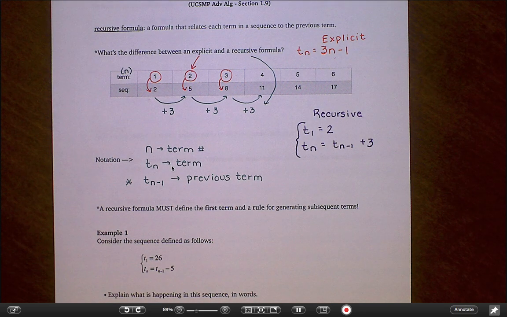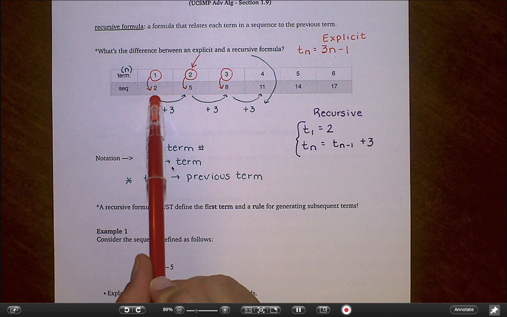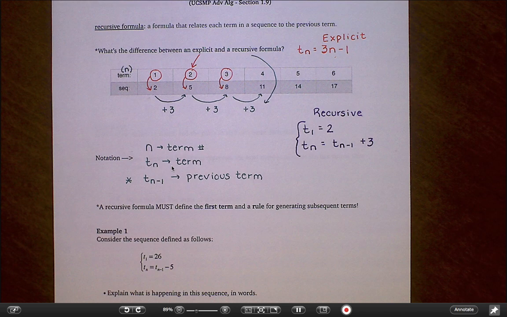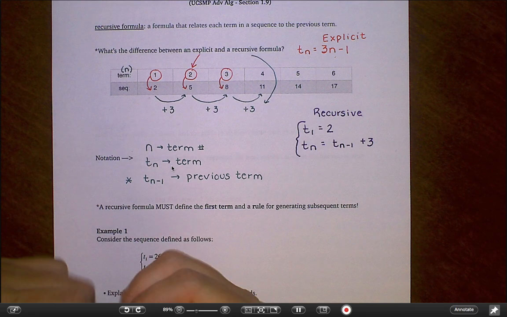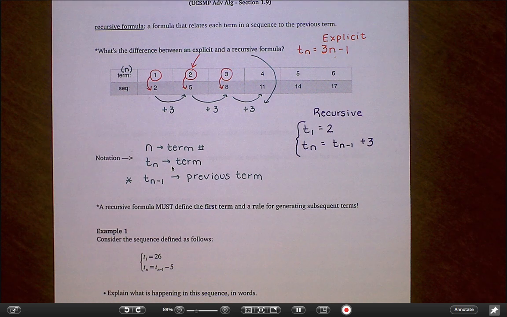So advantages of this thing. Like I said, it's easier to see. When you look at this sequence, most of you can pick up very quickly on that pattern of adding 3 over and over again. The hard part about this is if I want you to find term 12, let's say,